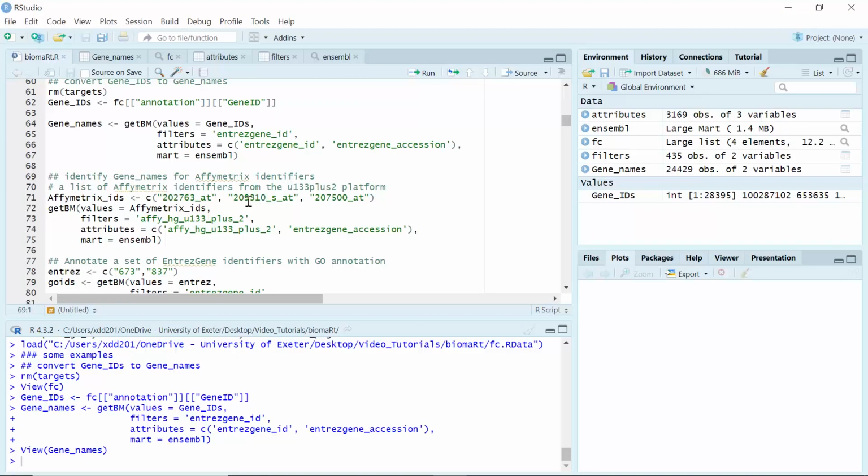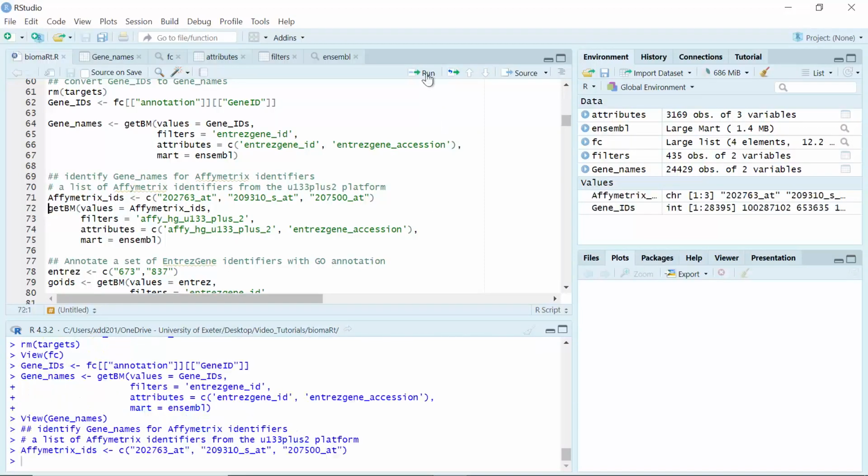For example, here we select 3 Affymetrix identifiers from the U133 Plus 2 platform. So we can list 3 Affymetrix identifiers as the Affymetrix ID for the demonstration. Let's run. Now we can use the getBM function to get the gene names for the Affymetrix IDs. So now the values will be the 3 Affymetrix IDs. We set it here. Then the filters will be the Affymetrix